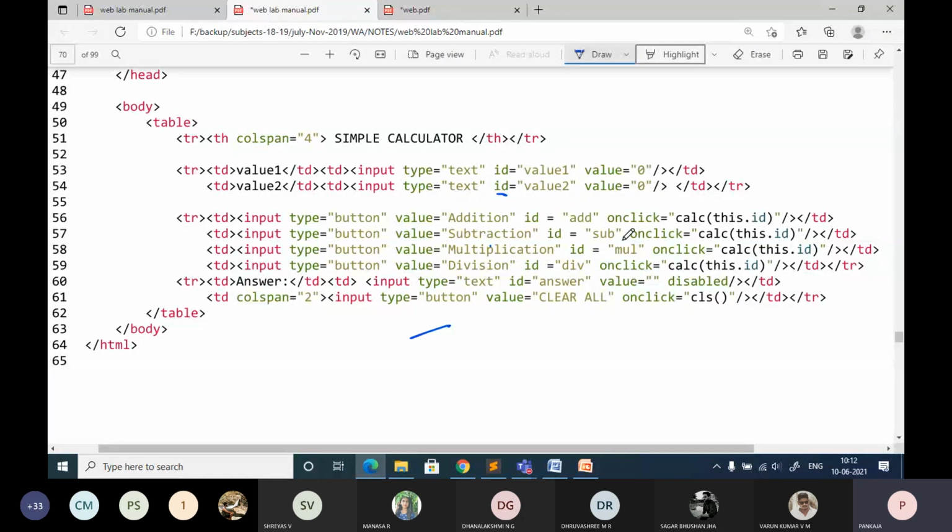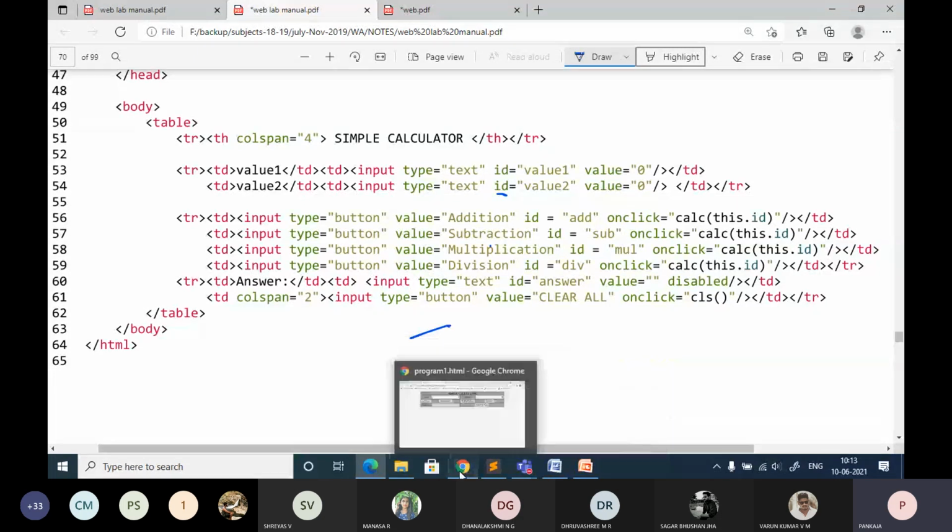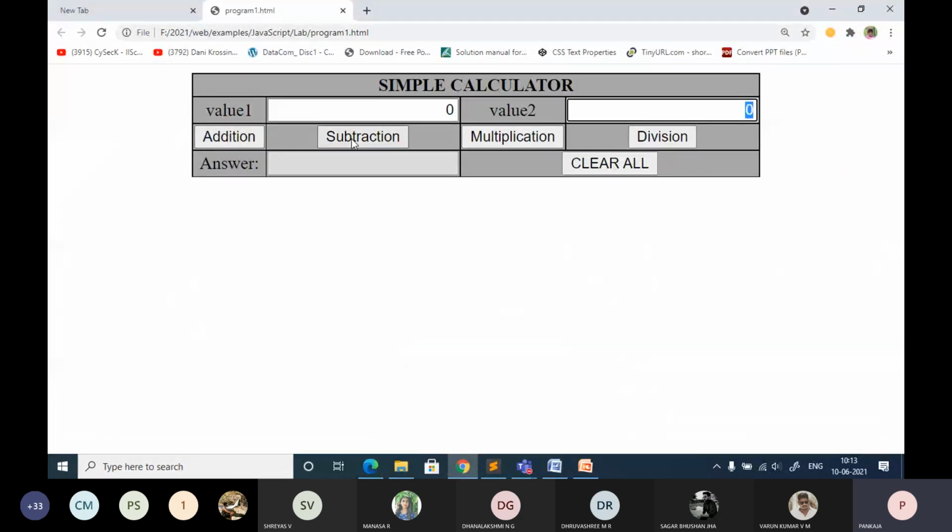Okay. So now in the next row, this is the first row. In the next row, we are going to add the buttons. The first column in the second row is the button. Input type is button and value I am going to give addition. Okay, so that is the value that is going to display on the button element. Like this, for the second button I have given subtraction, third one multiplication, and fourth one division. Okay, so this is just the name displayed on the buttons.